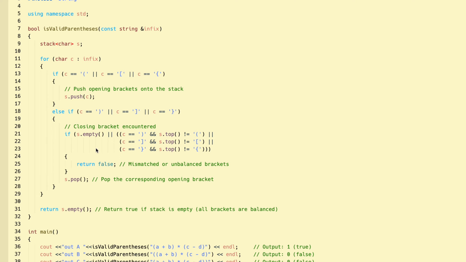first have to make sure whether the stack itself is empty, and if it's empty, or if we encounter the character that was given here, and the top happens to be the opening parenthesis, the opening square bracket, or the opening curly bracket, then we're going to return false, because that means that we have an opening parenthesis at